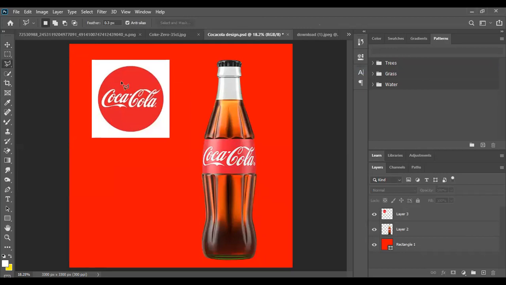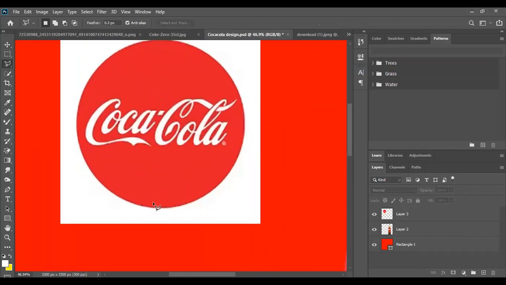You are supposed to use the lasso tool to go around, but this time we are not going to do that, because if we begin to use this lasso tool, we might not get a very perfect circle. Okay, so there's a trick to do that. If it's a circle, we'll use a circle tool. This is where you can get the circle tool. This is the rectangle tool, but when you click and hold,